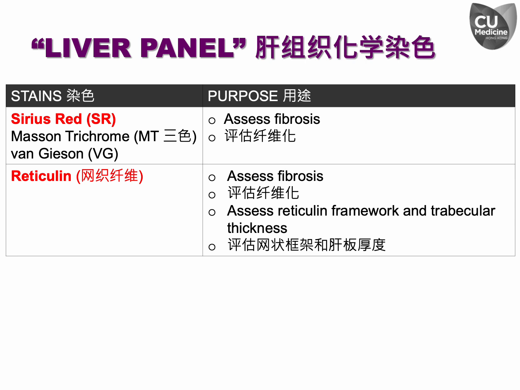Sirius red is another connective tissue stain that offers an alternative to trichrome stains for highlighting type 1 collagen. It is particularly recommended for morphometric quantification of fibrosis due to its highly detailed and contrasted staining. Sirius red is also more sensitive in detecting mild pericellular fibrosis. I personally prefer Sirius red over trichrome.